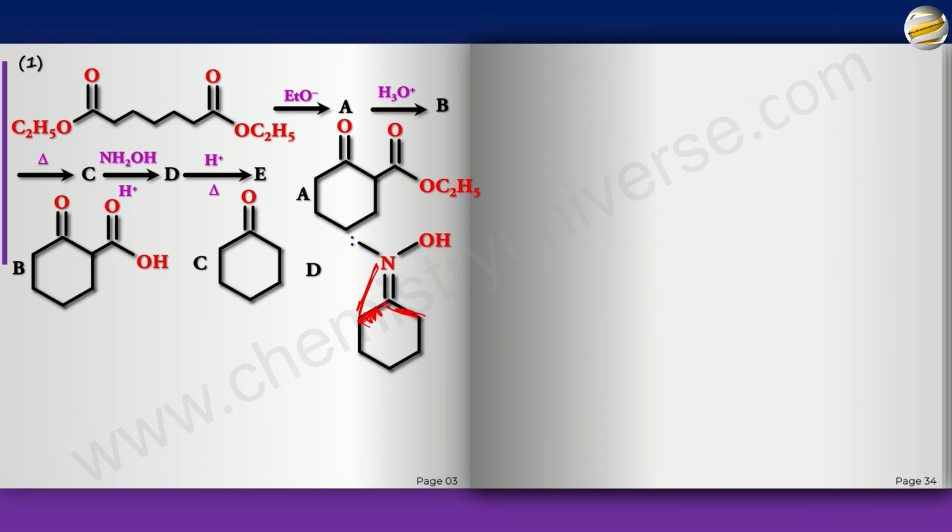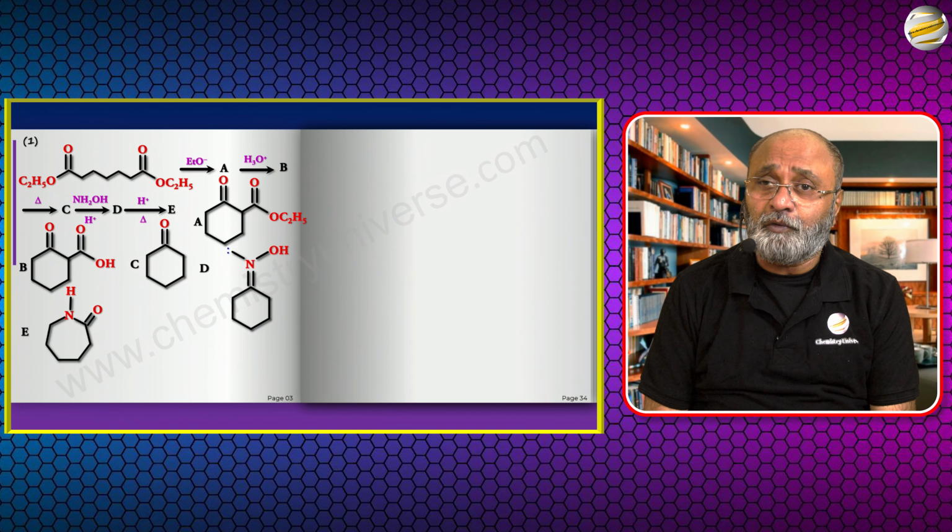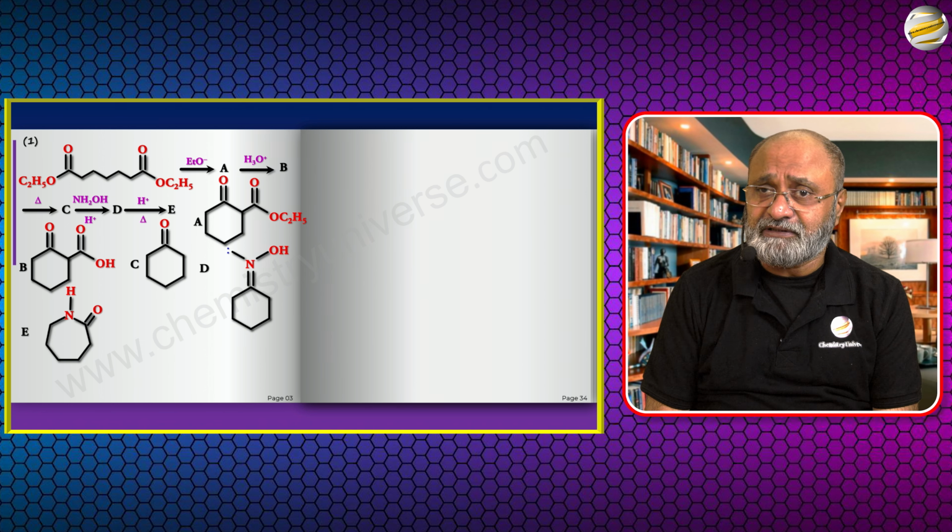Eventually one bond would break. This will attach to N and you will get a double bond O here. And you should get an N substituted amide. It will be 7-membered. So again, one might wonder why a 7-membered, because 7-membered is not stable enough. Well, it doesn't really matter, because the fact of the matter is it has to shift. And 7-membered ring is as stable as a 5-membered ring, though not easily formed, but it is stable enough.